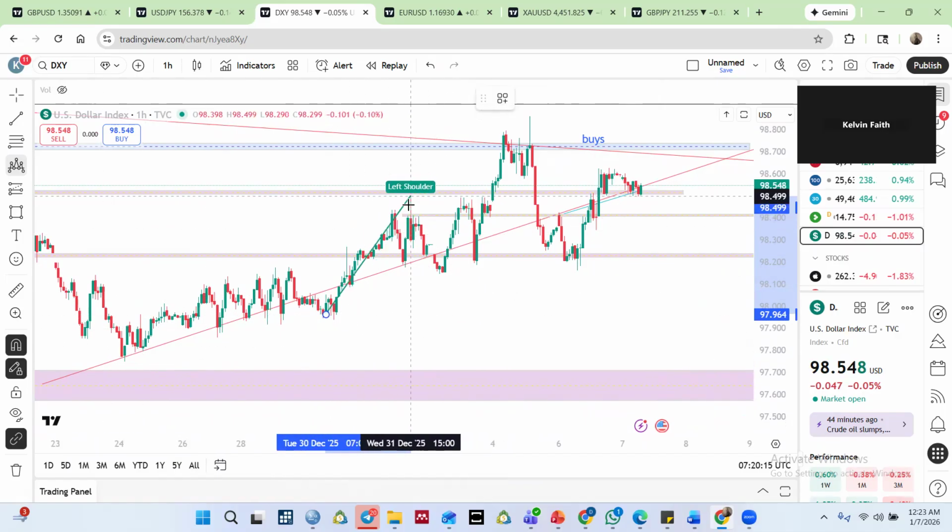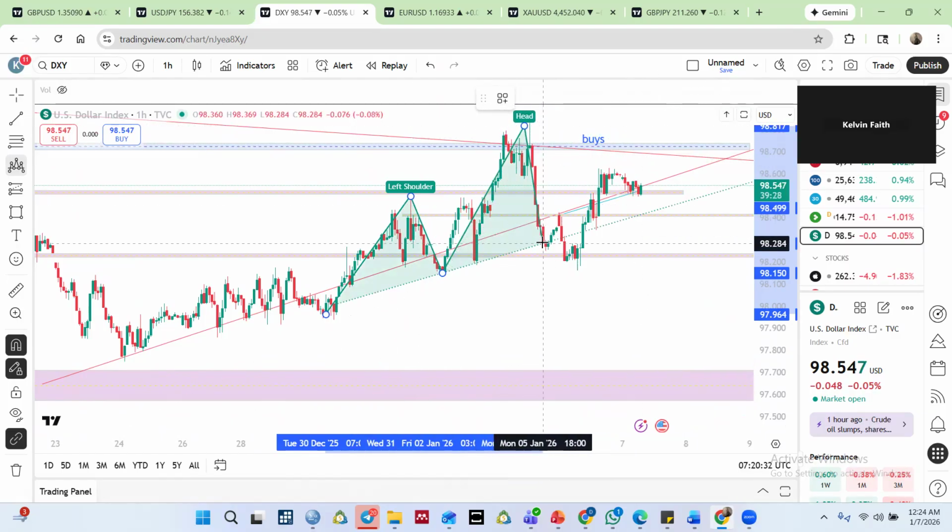So I can see a left shoulder formed around this area. I can see a drop, and I can see a head formed around the top here, this area, and I can see price drop down, hit this area,